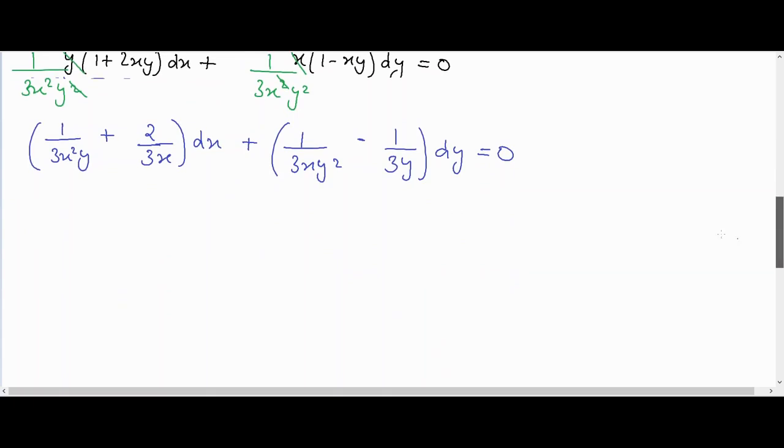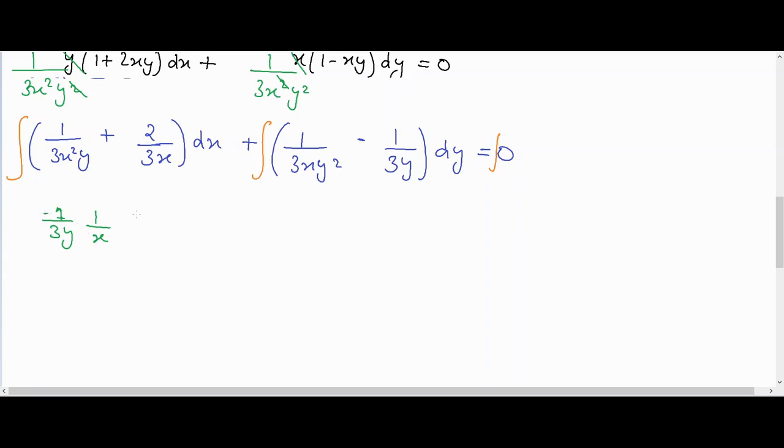So now we know that this is an exact differential equation, so we will straight up put those integration signs here and start going over the process. Now let's quickly integrate this. So this will become 1 by 3y, and integration of 1 by x square will be x raised to minus 2. The x has power of minus 2, so the power minus 2 plus 1 will be minus 1, so this will become 1 by x, and we will get a minus 1 into x,